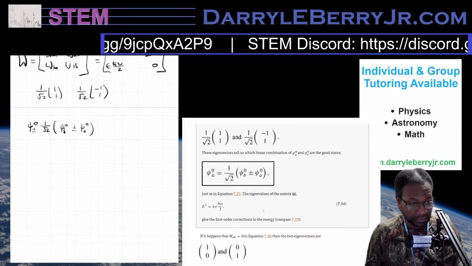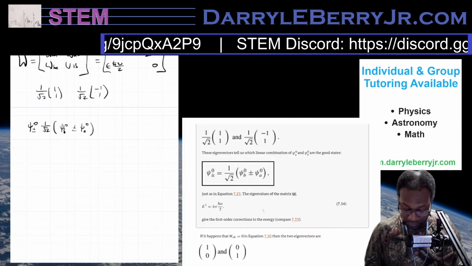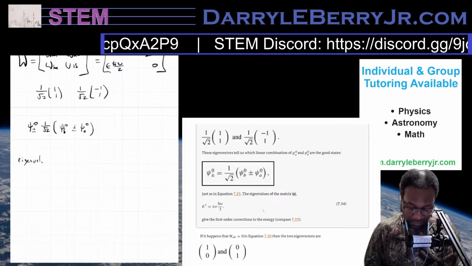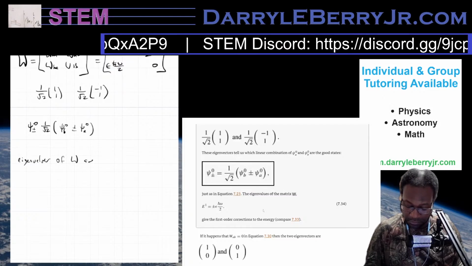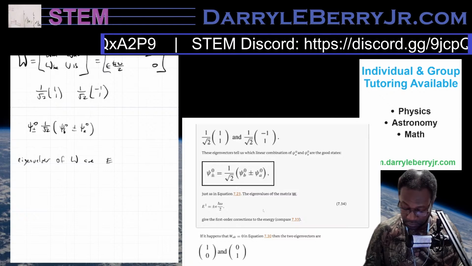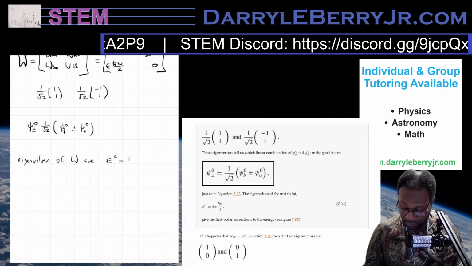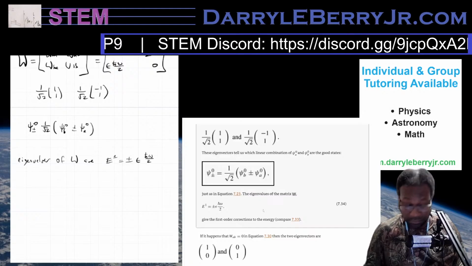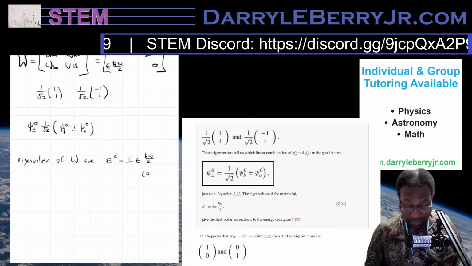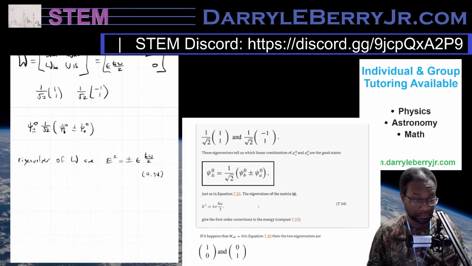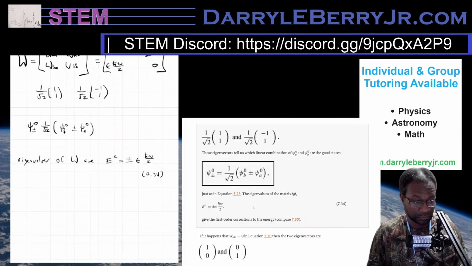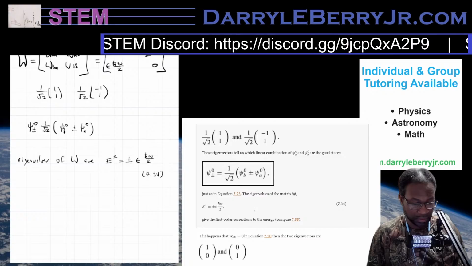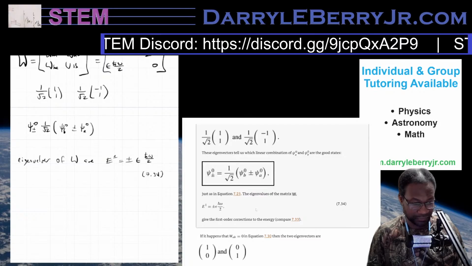The eigenvalues of the matrix W are those. That W_AB equals 0 in equation 7.30, and the two eigenvectors are